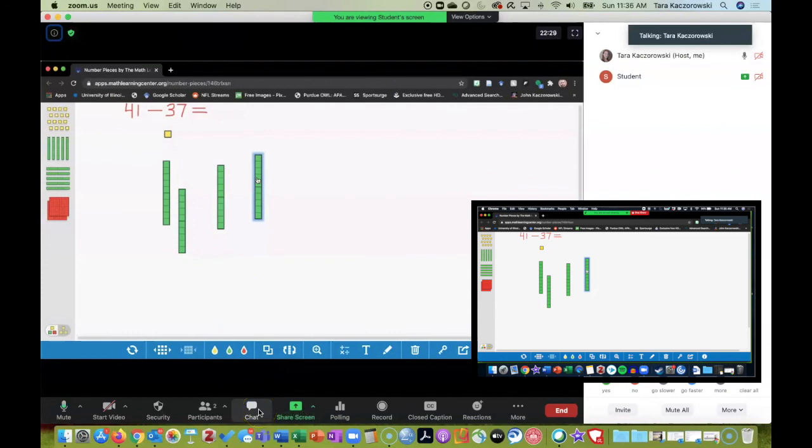The other way to do this is if you don't want to use a third-party app like these Math Learning Center base 10 blocks, and instead you want to just draw representations, we can use the whiteboard, or you can make some movable pieces on a shared Google slide if you want to do that. But then you would have to create all the manipulatives yourself. This is a way that if you just know the functionality of both chat and share screen, and you teach your student how to use those, you can now push problems back and forth to each other.